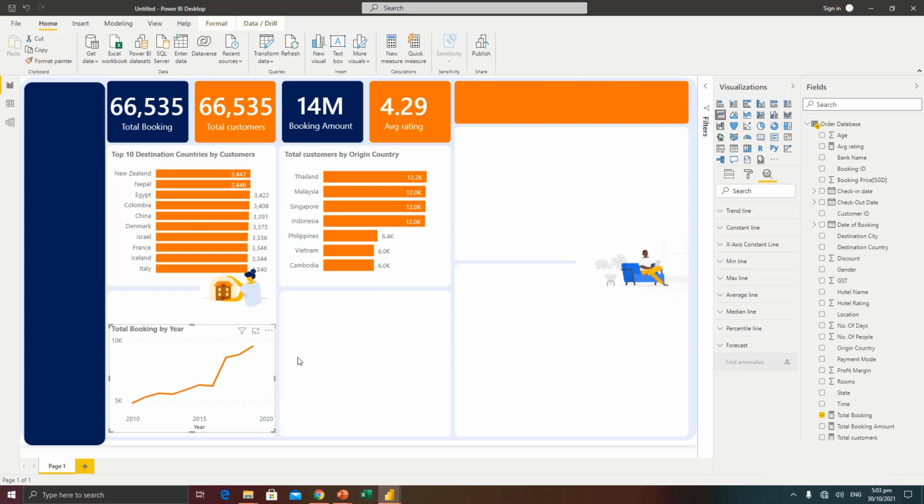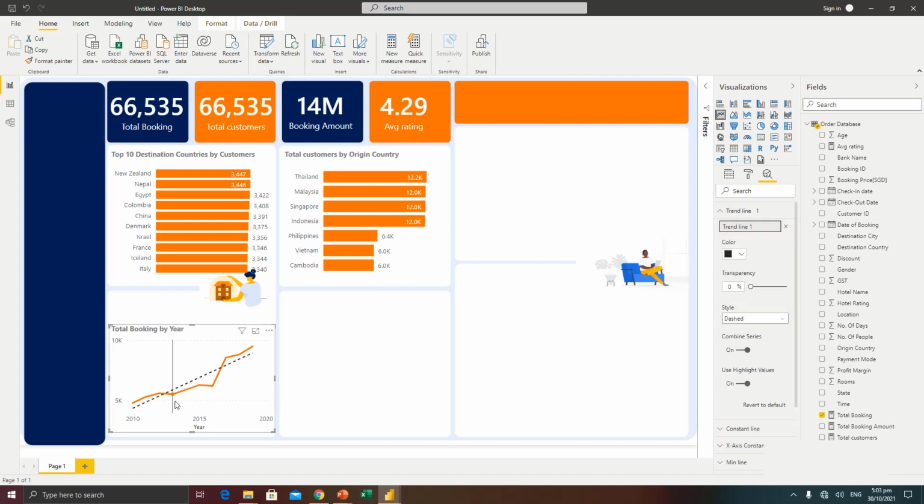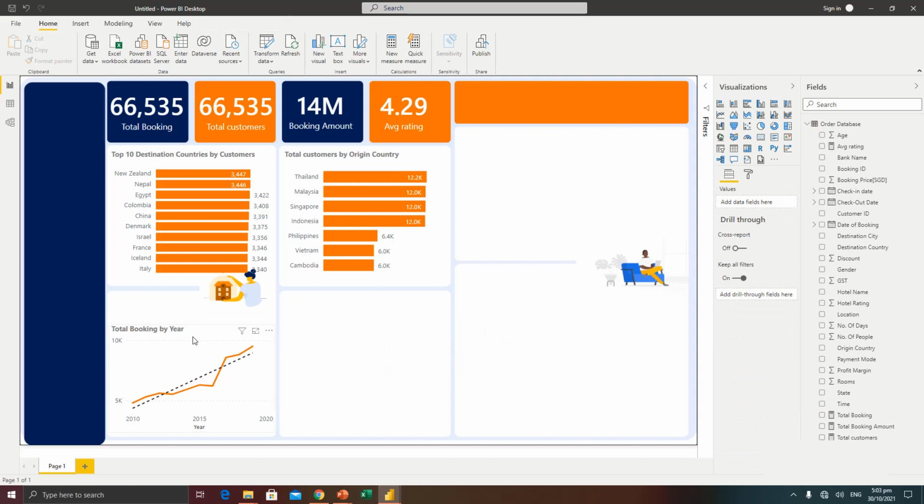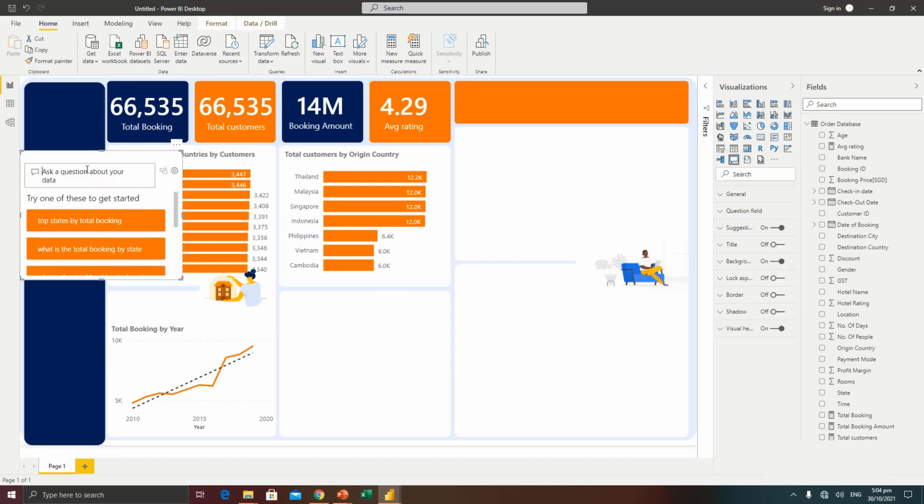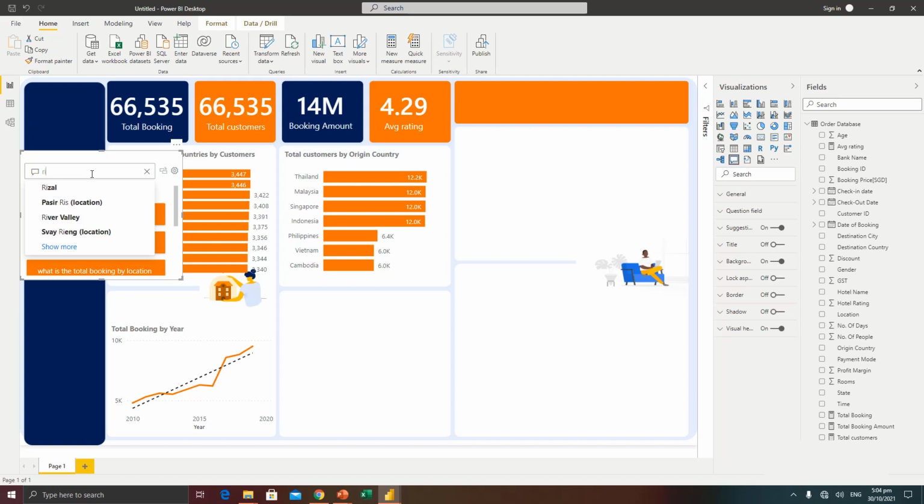We are going to add a trend line. So I'll go to trend line and click add. And now you see that we have a trend line here. Okay. So now let me click outside, and now we have our total booking by year. What we are going to do is our total customers by year. Are our customers going up or are they going down? So the same way, I'll use the Q&A and say total